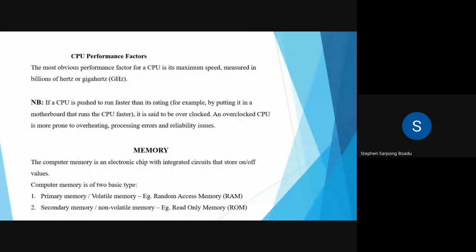The speed of a CPU is called the clock speed, right? So the higher the clock speed, the more instructions per second the CPU is able to process. Here it says that if a CPU is pushed to run faster than its rating, for example, by putting it in a motherboard that runs the CPU faster, it is said to be overclocked. An overclocked CPU is more prone to overheating, processing errors, and